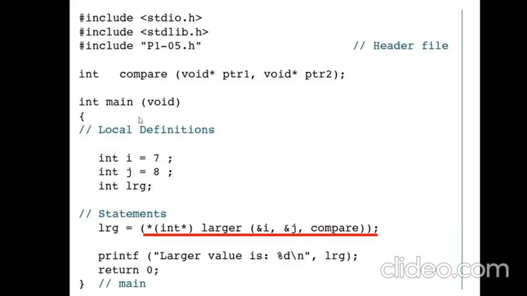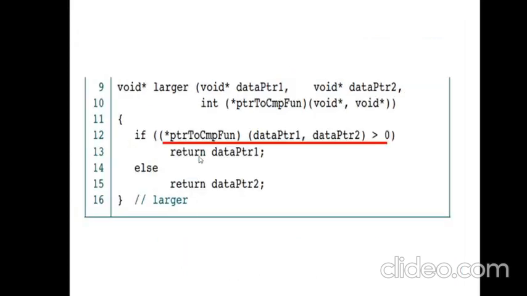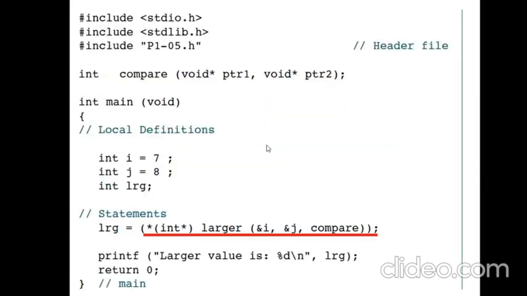This is the main function where the larger function is called. Here you can see that we do a typecasting. So this is what we call the consumer function or the application program, and the other is called the core logic or business logic. Nowhere in it could we see the data type mentioned, it's all void. But at the time of consumption of the logic we do the typecasting into integer, and here this is the actual function name which is being passed as an argument. You are actually passing the function pointer as an argument to another function.